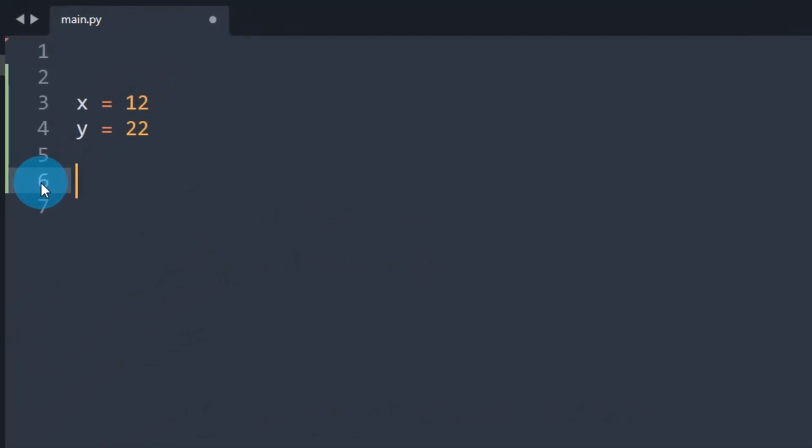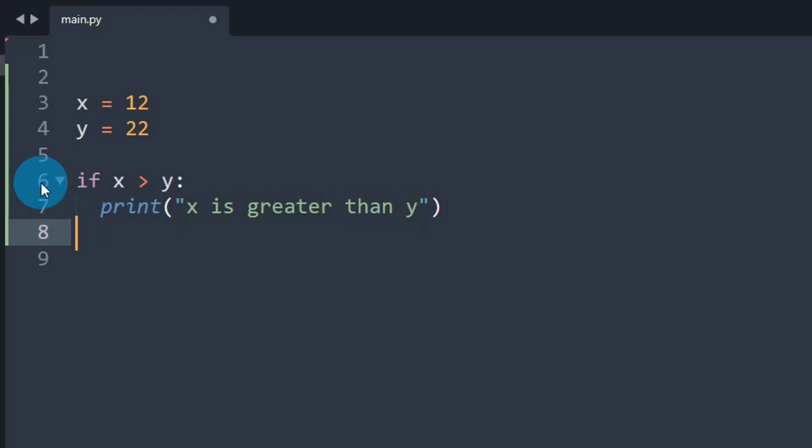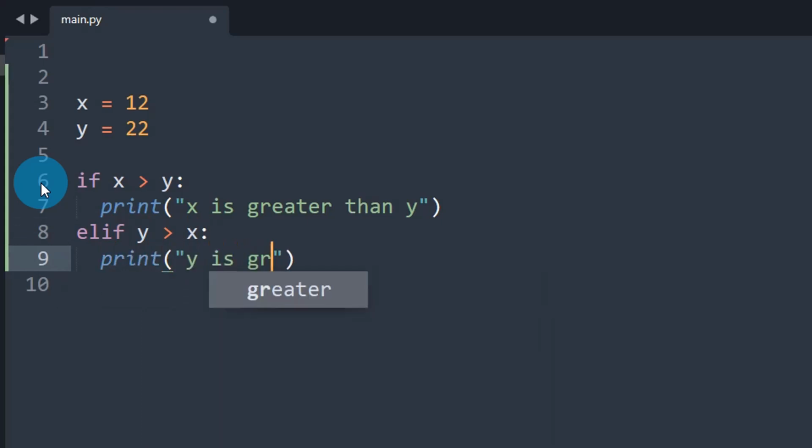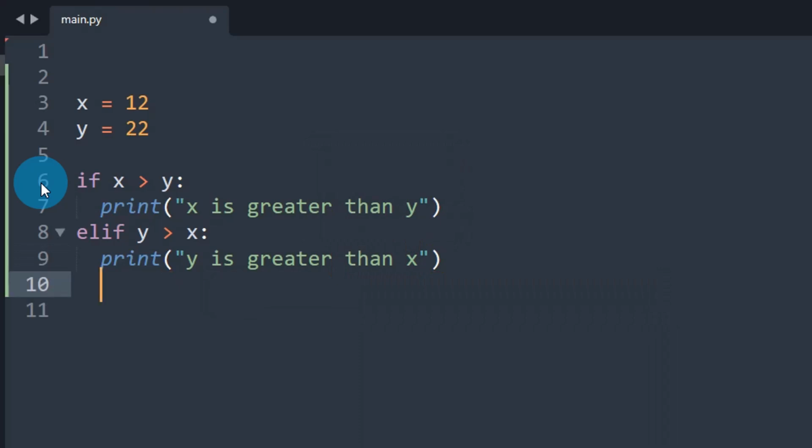Similarly, you can use other comparison operators. What is the comparison operator we used so far? Double equal. Other comparison operators are less than, greater than, less than or equal to, greater than or equal to. Suppose I want to check x greater than y, print x is greater than y. Else if y greater than x, print y is greater than x.